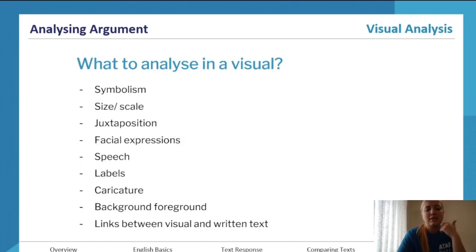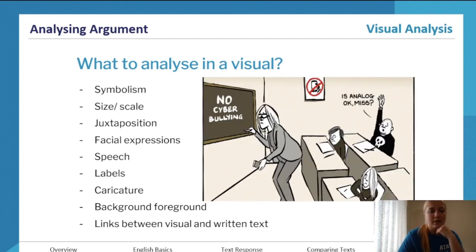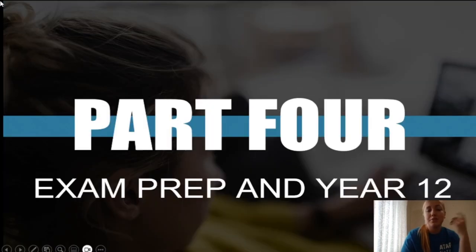Again, quite an extensive list here. I mean, this is most of the things that you'd be analyzing in a visual. Only choose 1 to 2 things because you want to move on from your visual, but never leave them unanalyzed. Have a go at a practice task if you like. There are some quite relevant things to analyze here. The writing on the board, the expression of the teacher, expressions of the students, the speech of the student, the sign is symbolic, and this is an example of a comic drawing in terms of the visual type.